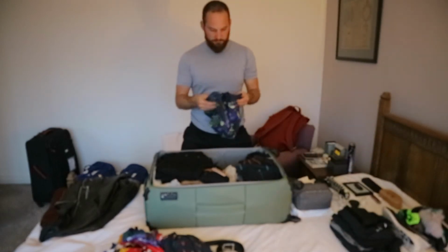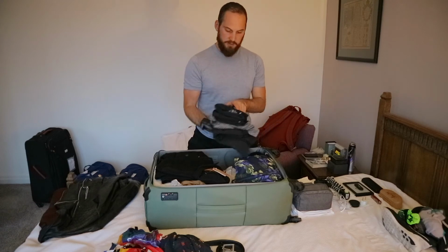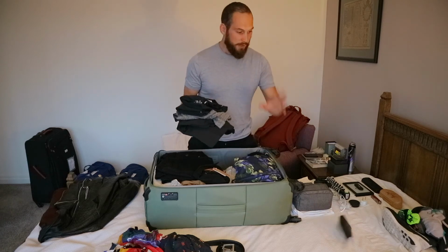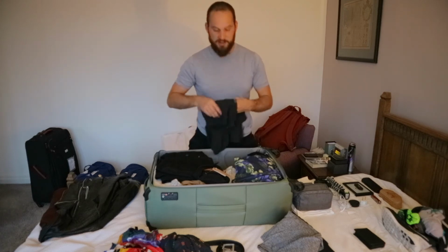One pair of swimming stuff. Okay, and then running stuff. I have a mixed relationship with gym kit because whenever I go away I always take at least 2 or 3 sets of gym kit, and the theory is I'll go on a run twice, 3 times a week, maybe I will even go to the gym, and then it never ever happens. But I would feel so guilty just resigning myself to that and not taking them that I always take them. That said, this time will be different, and I'm not just going on holiday this time, I'm going away